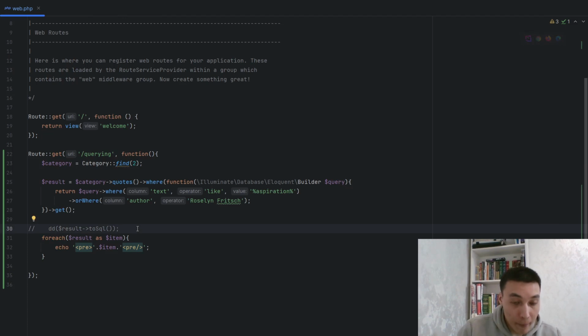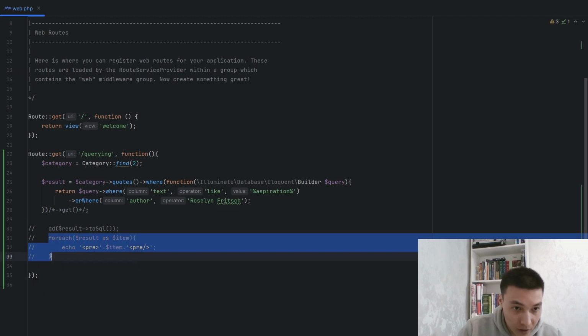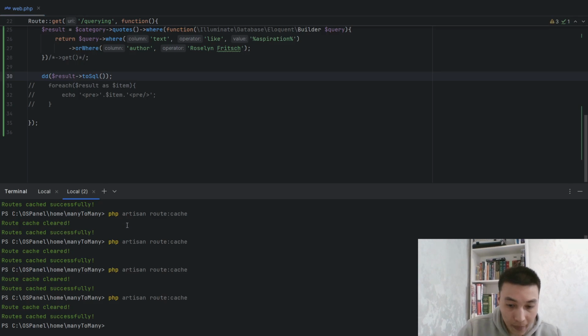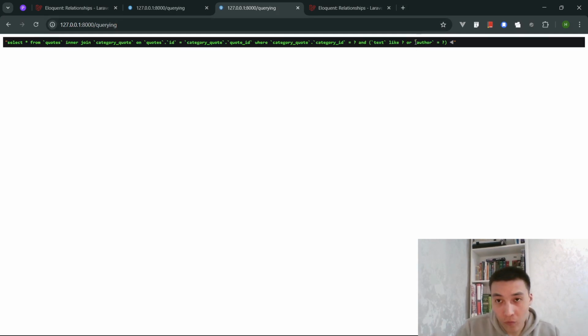and maybe we will compare our SQL. Yes, let's compare it. I think this get must be commented, the loop commented as well, just to see the other SQL. Yes, so let's clear our cache again and switch to our browser. Let's refresh it. So here we see the